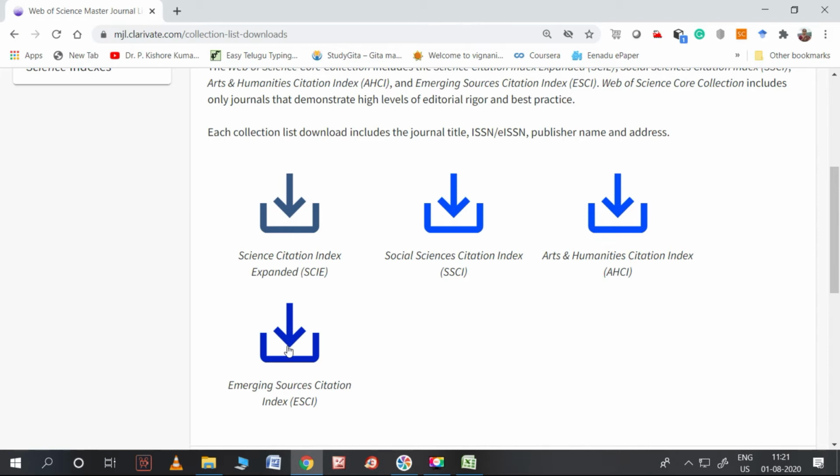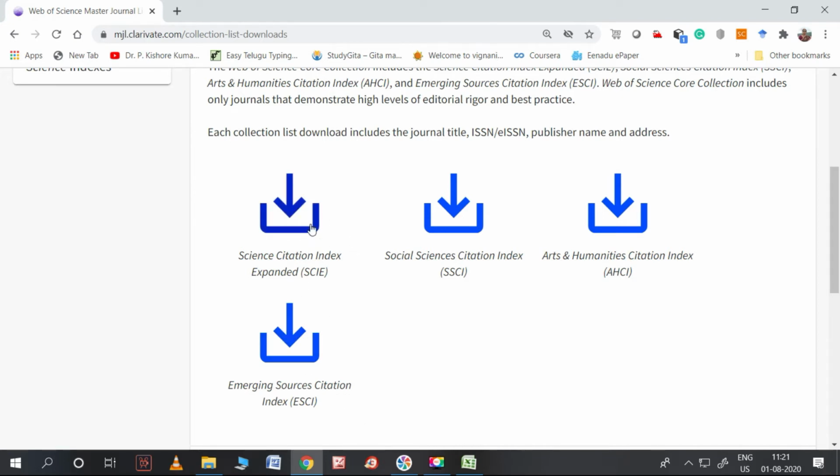Definitely we need to go to the journal and search again whether they come under Scopus or not. If we are definitely keen that our publication should be under Scopus, we need to go there and search again. Okay, so please don't go blindly. And these come under the Emerging Sources Citation Index under Web of Science.